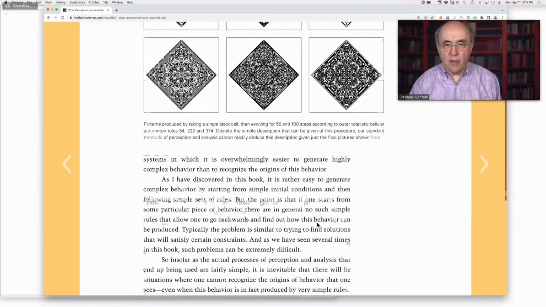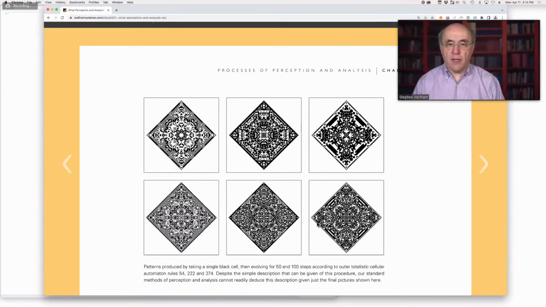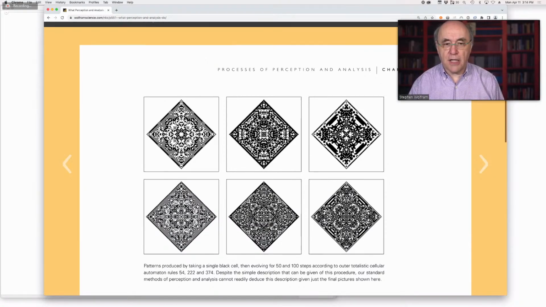I'm really talking here about the question, and this is an example of a two-dimensional cellular automaton, of, for example, would the aliens be able to immediately say, oh, that pattern there, I know that's a simple thing, it just comes from that simple cellular automaton? Or is there something robustly complex about this pattern that would be perceived as complex by any of some collection of entities? I think it's the latter, and this has to do with the whole story of computational irreducibility that I'll cover in much more detail in chapter 12.